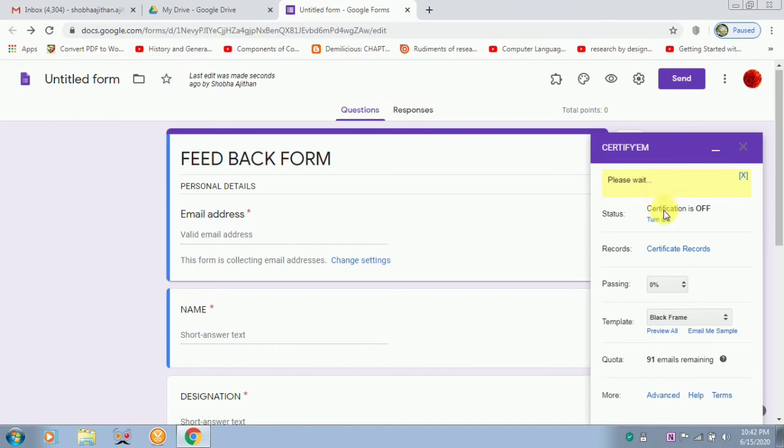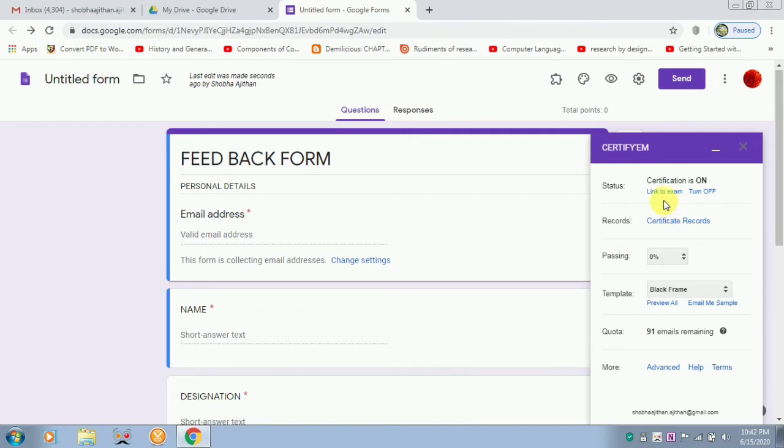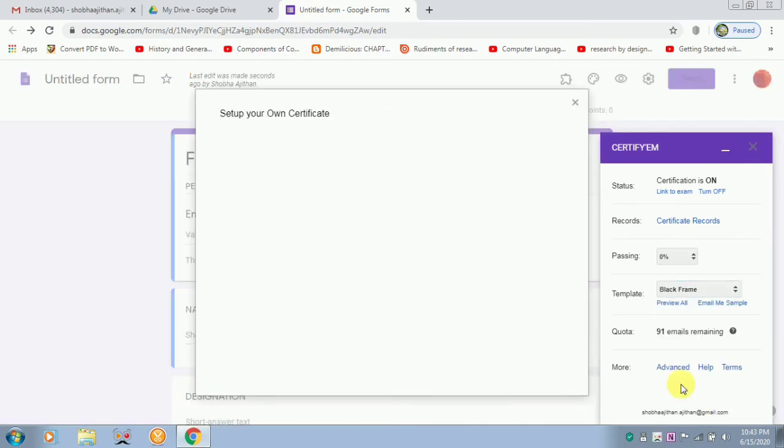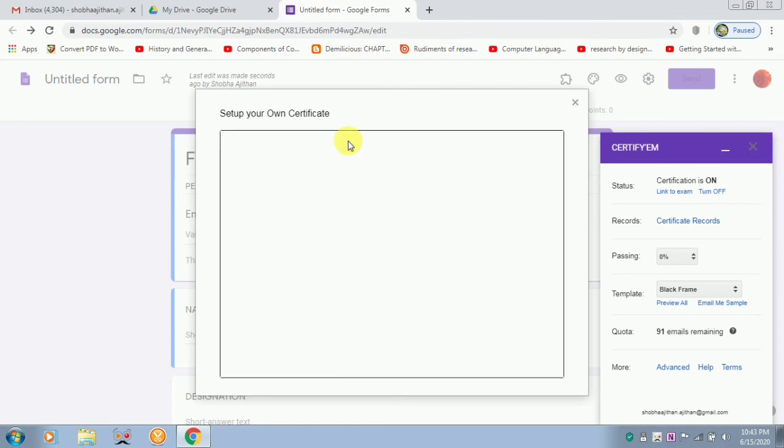It is taking time. So the certification is on, since we have to give a certificate to all those participants who attend the webinar and send back the feedback form. Now for the template, I have got my own template, so use a custom template. In that, I have to select a new file.